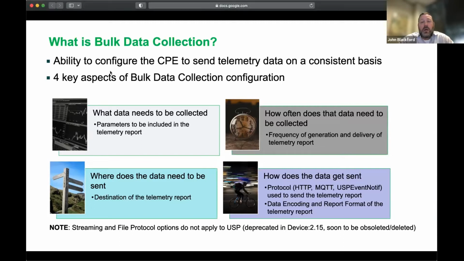You also need to figure out how often you want to deliver that data, the frequency of the telemetry report generation and delivery, where you want to send the data, what's going to be that destination, that bulk data collector, and how to send the data across the wire. So this is talking about the protocol to be used, whether that's HTTP, MQTT, or the USP event notif mechanism, as well as how to encode the data and how to format the report. So we'll get into a lot more detail around those aspects through the rest of this